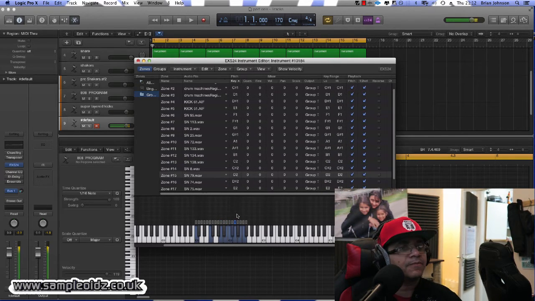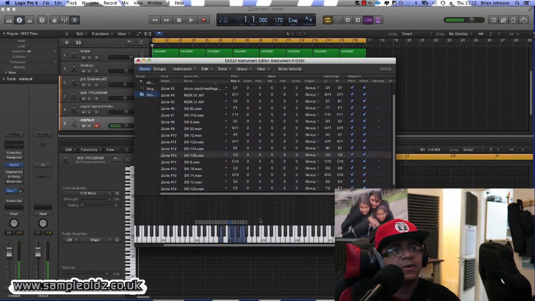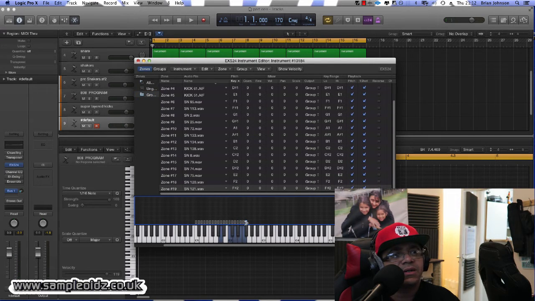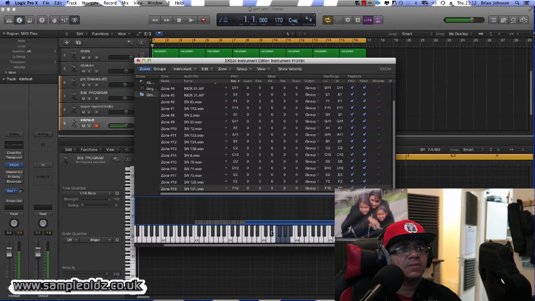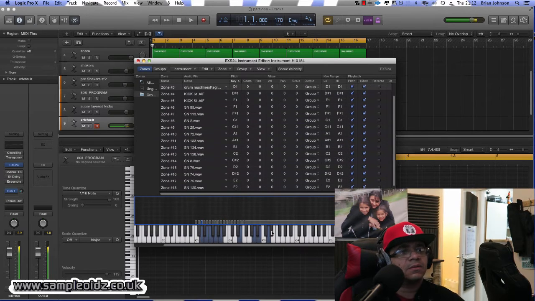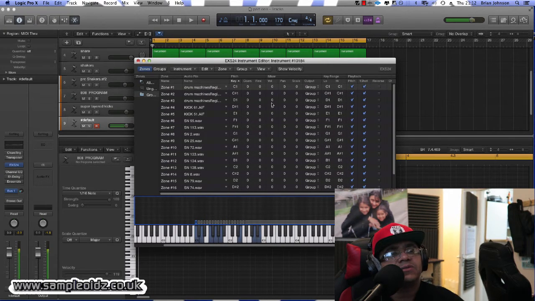Something's sounding a bit weird there. Okay, so we could probably get a bit more up here. If you want to make an instrument span across the whole key area, you just grab it and lift it here. Right. So another thing as well, what you might want to do,